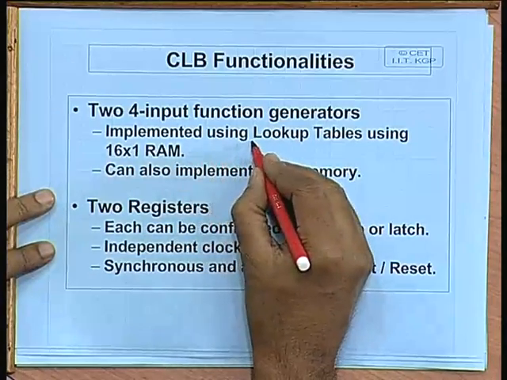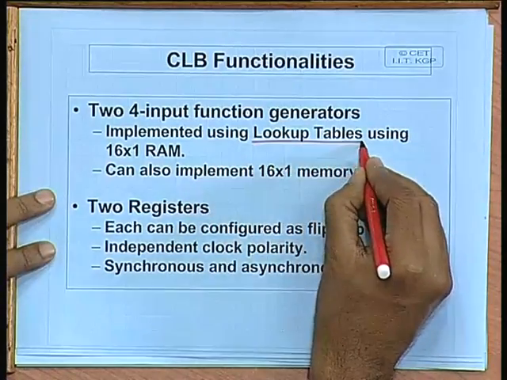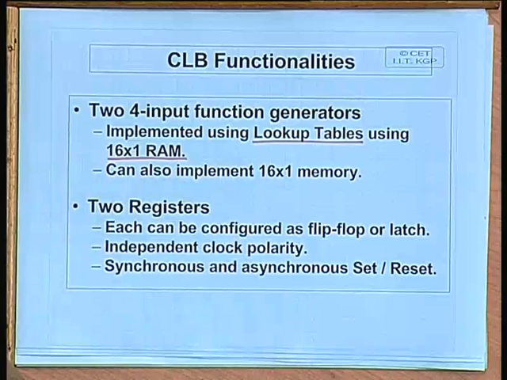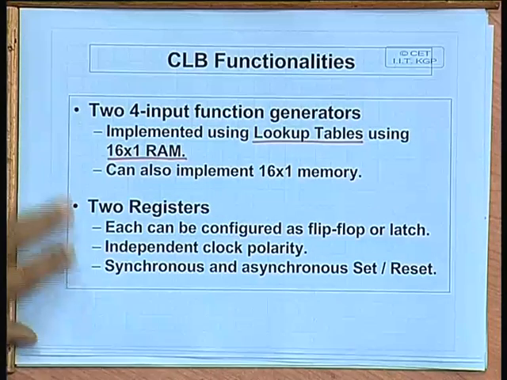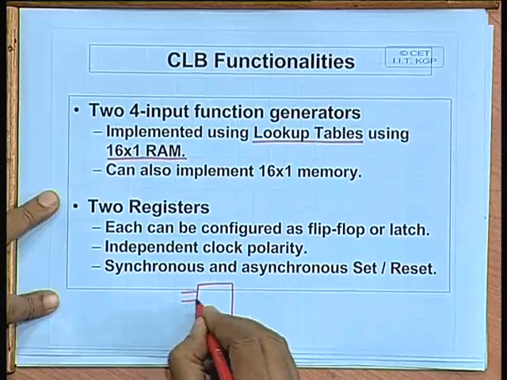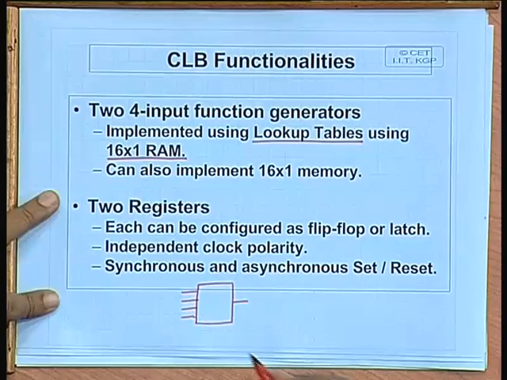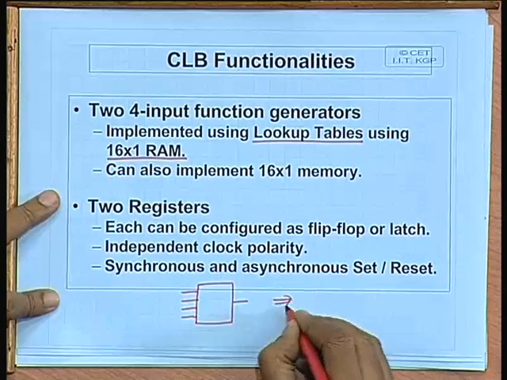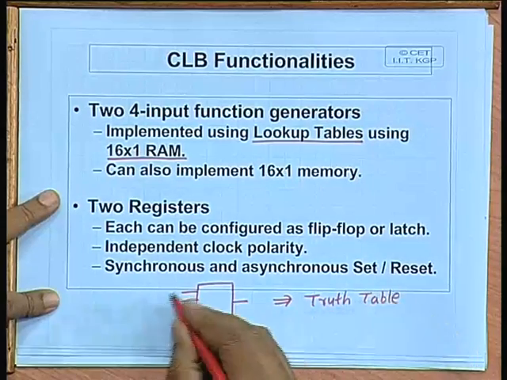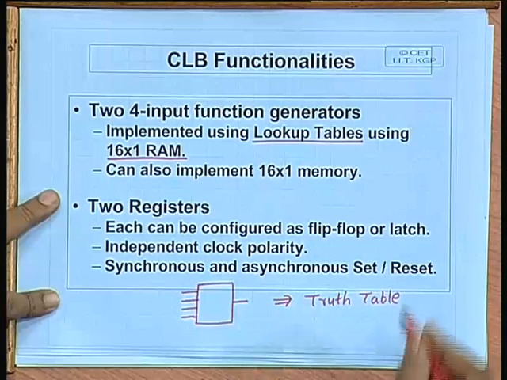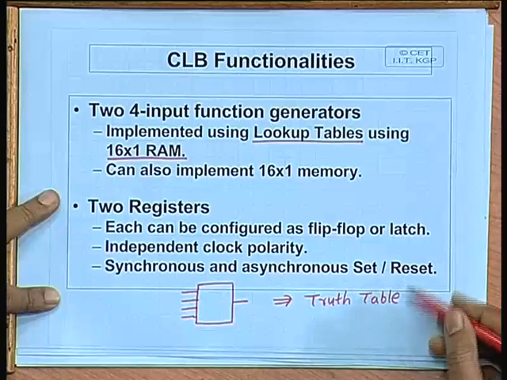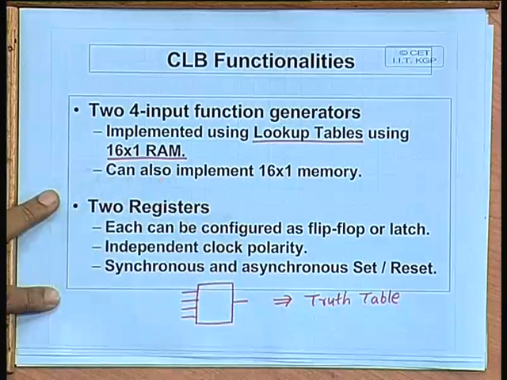They do it using a technology called lookup tables, but essentially they implement it by using a small RAM array. See, you try to understand it like this. Suppose you have a combination circuit with 4 inputs and 1 output. Now, if you construct the truth table of this circuit, then the output column will consist of 16 ones. Now, if you can store the output column in a RAM,